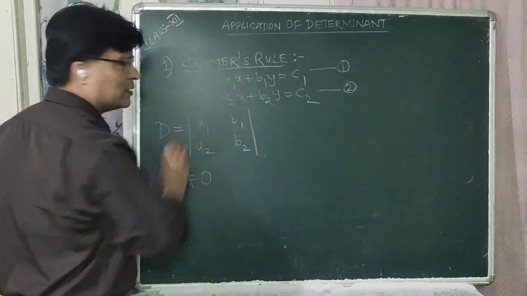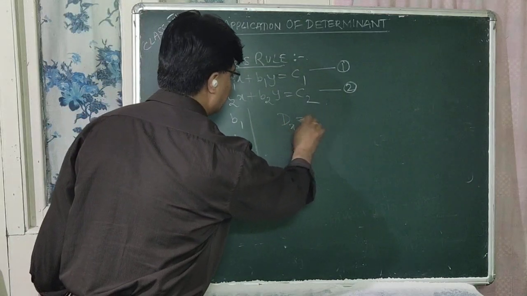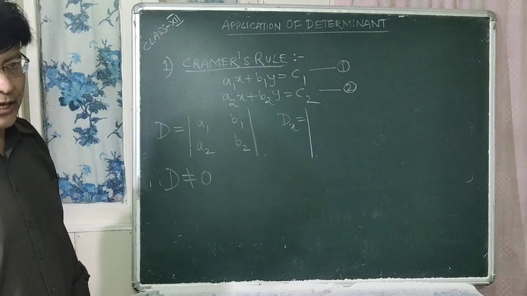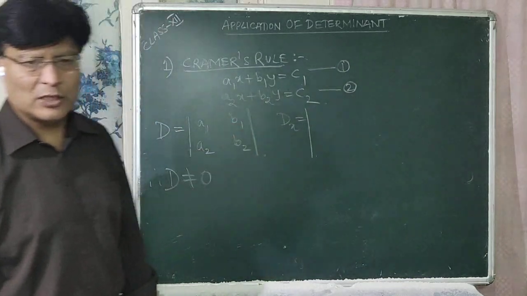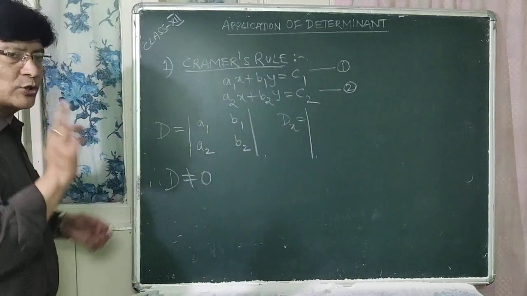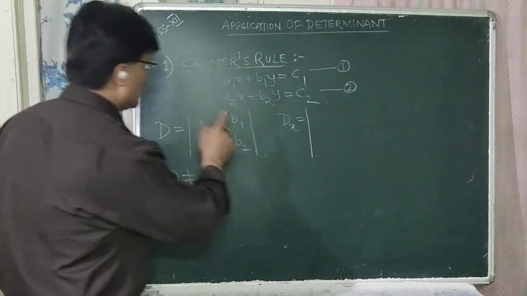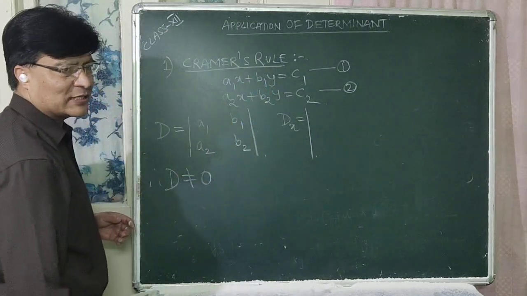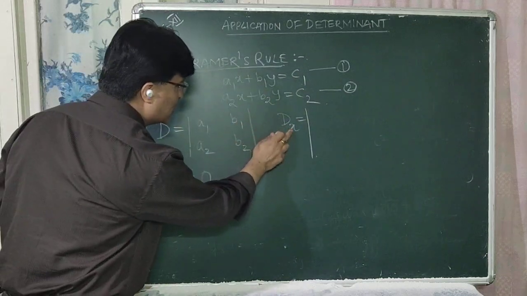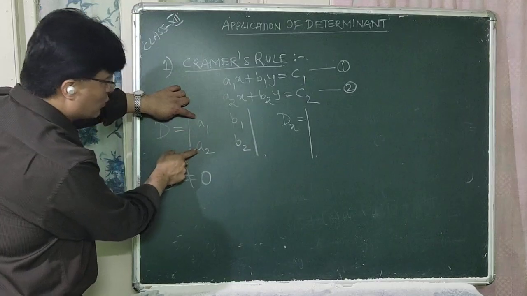Now in order to get the value for x, you have to write Dx. How can you get Dx? This is also a determinant, so you should write down a second order determinant here also. In this equation, the constant terms are c1 and c2. In order to get Dx, what will you do? This a1 and a2 are